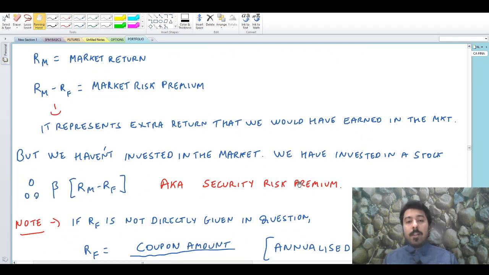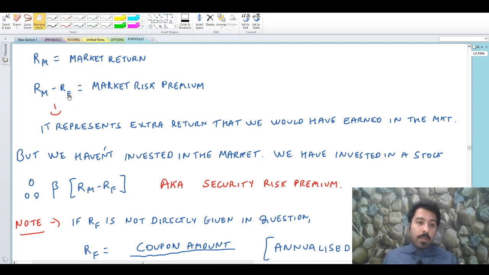I'll explain it in very simple terms. RF is the risk-free return that you could have earned by investing in government securities, but instead you invested in the market. So you'll earn an extra return. This is called market risk premium. Since you are taking a risk,